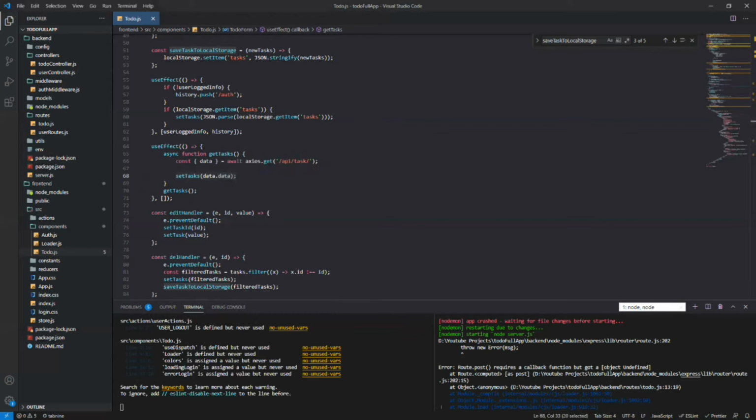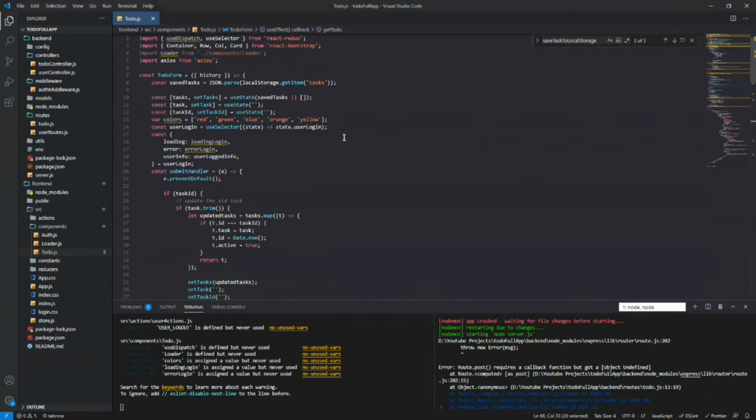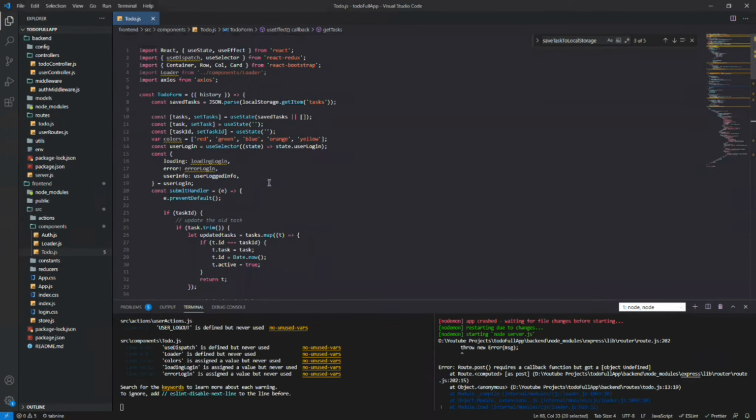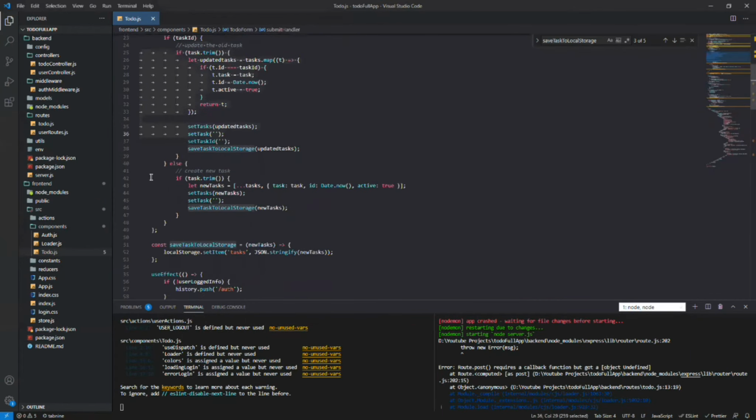Another thing, now this is the update of the old task, and this is create new task, right? So everything is okay, whatever is there. We are storing the data in the database only, not local. So we are replacing that local storage with our database, right?